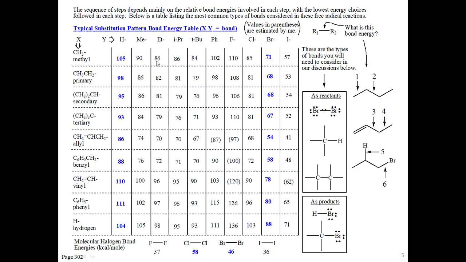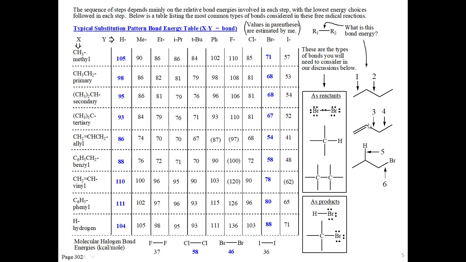Okay, so I mentioned it before. Here's methyl, and ethyl would correspond to the primary. That would be 86 kcal. If I look at number 2 here, this is a primary attached to a primary. So I'd have to come over, here's ethyl, that's a primary, attached to an ethyl, that's a primary. You see it's a little cheaper, it's 82. And that's because I have an inductive effect on each carbon there from the extra methyl, so it's a little